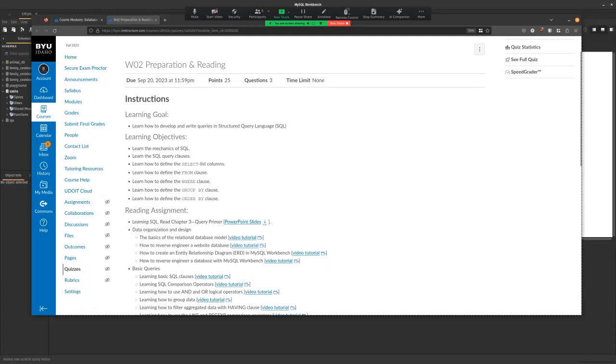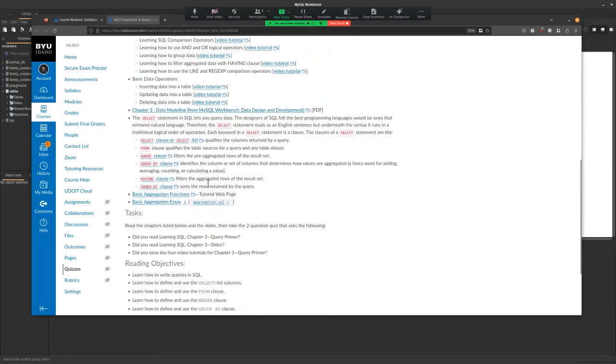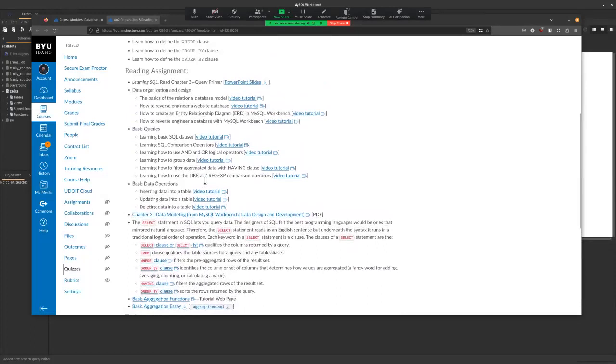Then down here, we're going to talk about these things as well. There are a couple of different things. I would definitely check out these PowerPoint slides, like we talked about last week, read the chapter, and then check out the rest. There are two chapters this week. Sorry, I'm bouncing back and forth. But what we're going to do this week